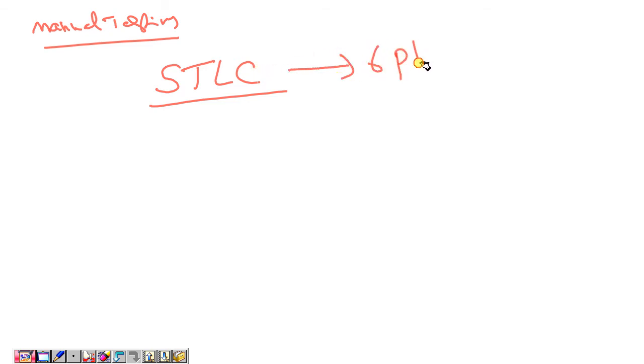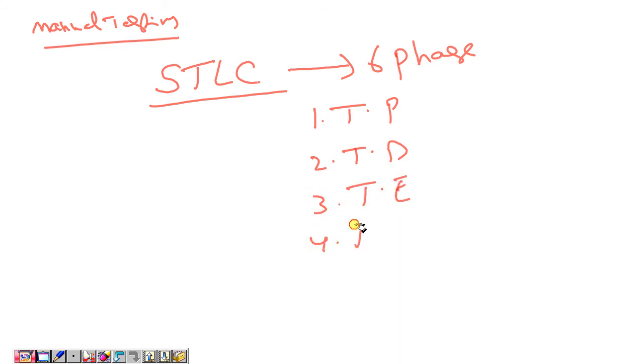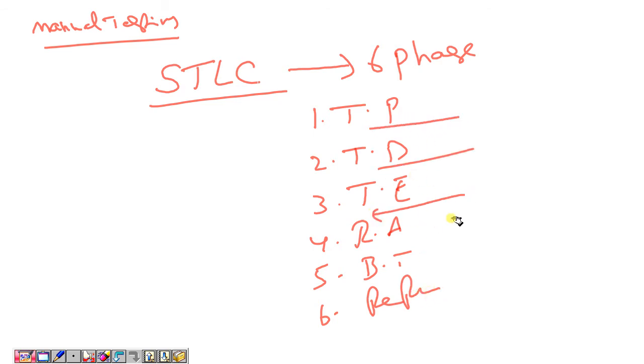This lifecycle is divided into 6 phases: test planning, test design, test execution, result analysis, bug tracking, and reporting. Manually they interact with all these 6 phases and complete the testing on a particular application.